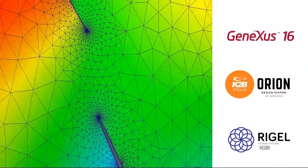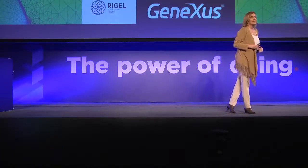Imagine changing an icon, a color, a component in an application like K2B with 16,000 objects. The impact will extend to many objects, and it cannot possibly be done by hand. So dissemination is one of the challenges, and we worked a lot on this, and without any doubt the big player is GeneXus 16. GeneXus 16 has all the elements nowadays, but we also had to work a lot on our patterns and build a design system, Orion, which allows us to disseminate and is a little more agnostic than